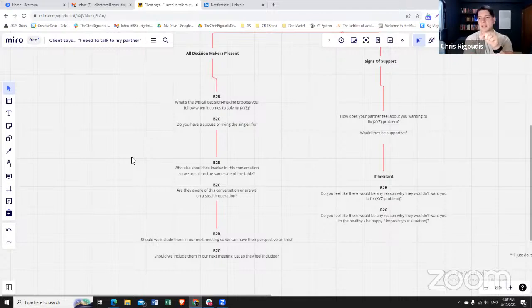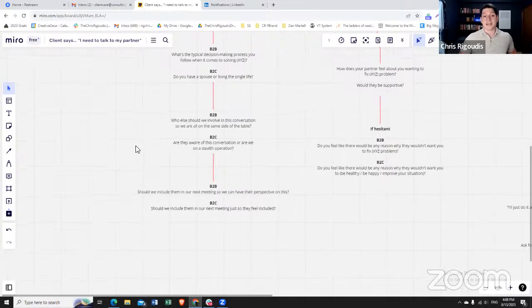Now I'm using a little bit of humor because I want to pre-diffuse resistance, because what most people do is ask, are we aware that we're on the phone and you're looking to buy, just so we can include them? We don't want to frame it that way. That's going to kill any rapport that we have. But what that question does is also show what parts of their problem the person on the phone has discussed with their partner already. For example, if someone wants to lose weight, have they shared with their partner that they're looking into a fitness program to lose weight?